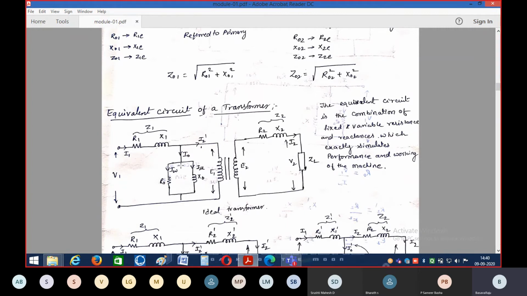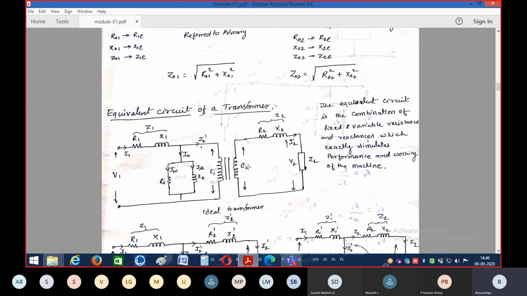Okay, so these are the no load parameters. There is a no load current I naught, no? Here we have two currents, the working component of current and the magnetizing component of current. The current flowing through the working component is represented with R naught. The magnetizing current is represented with X naught. These are the no load parameters. So the magnetizing component of current plus the working component of current is equal to what? I naught, the no load current.